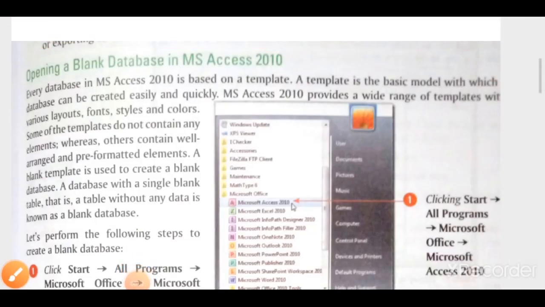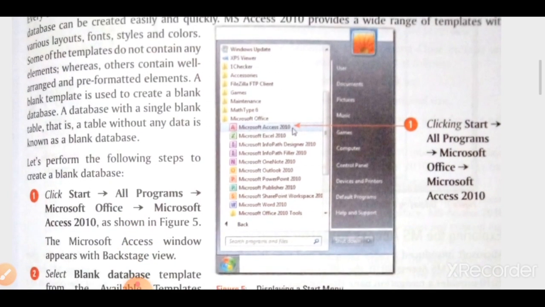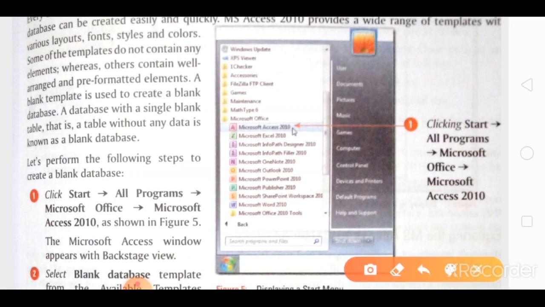And from here onwards, I will tell you how you can create your own database in MS Access. In order to open MS Access, click on the start menu, as you can see in the figure also. Then from the MS Office package, in Microsoft Office, as you can see here, click on MS Access. 2010 is written here because this is Office 2010. If anyone is using any other version, it is also available in that particular version.